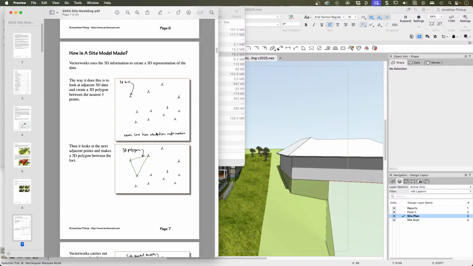So if we have a look, the idea is that we need some 3D data to create a site model. So the first thing is that we need to look at